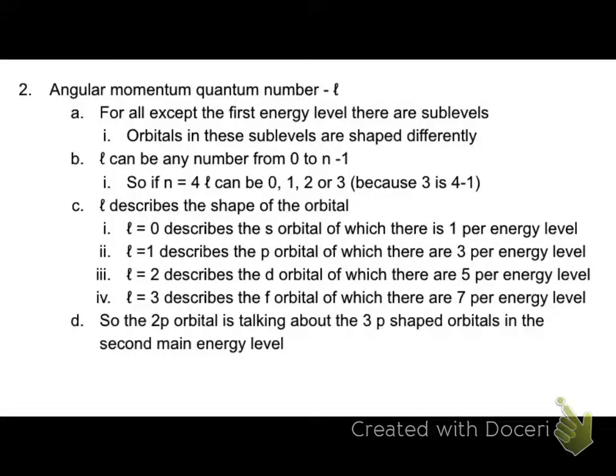So if I'm saying to you that I'm looking at the 2p orbital, then I'm talking about one of those 3 p-shaped orbitals that exists in the second main energy level. Okay? So 2 is your n value, p is your L value, so I'm telling you I'm looking at one of the p orbitals in the second energy level. How I tell you which one of those I'm looking at